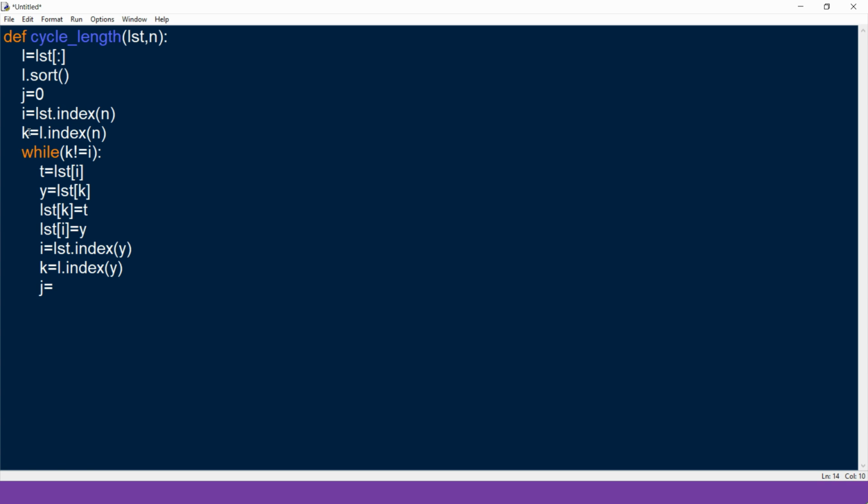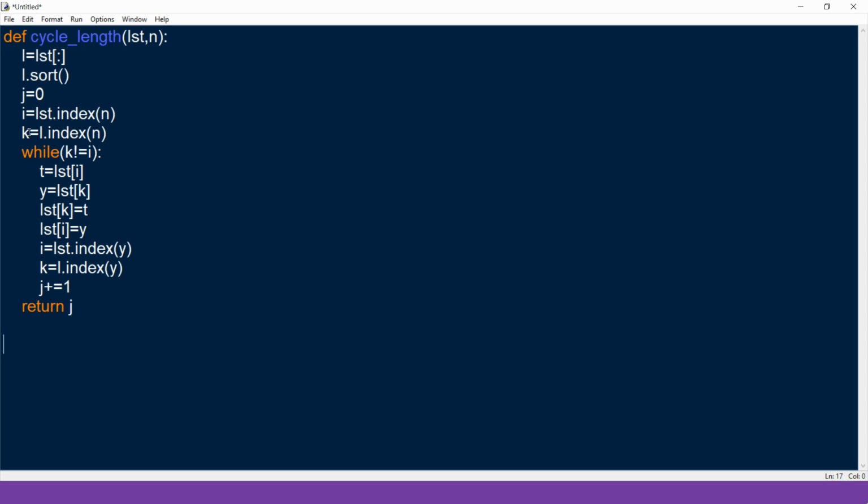So one swapping is finished, and we update the jth value. That's all about the function, and the last jth value is our result. It is the length of the sorting. So return j.